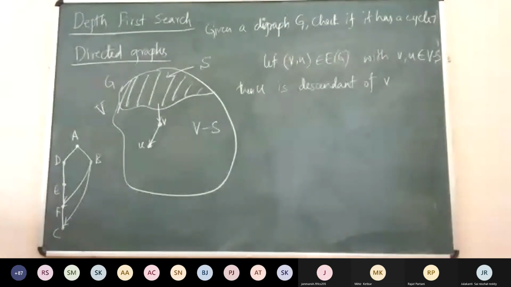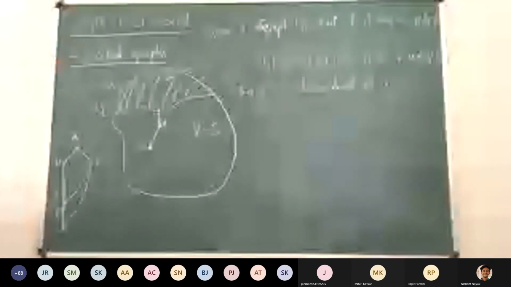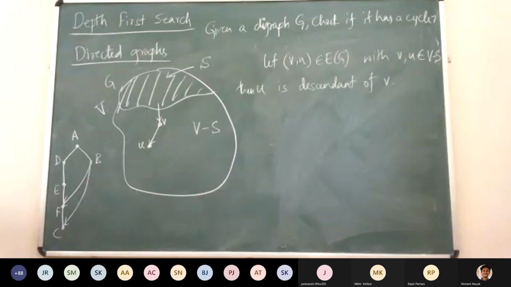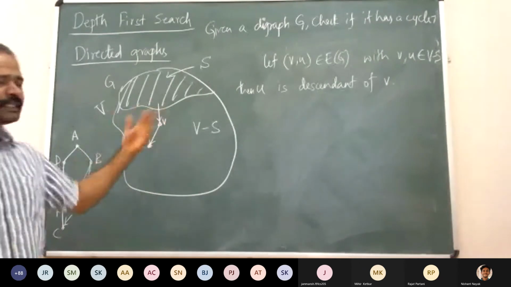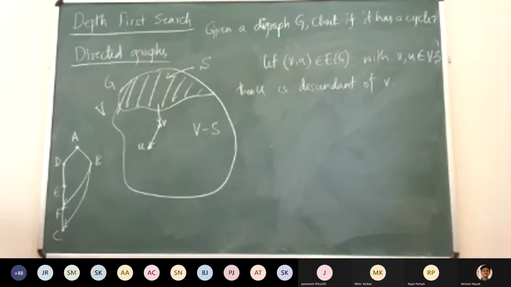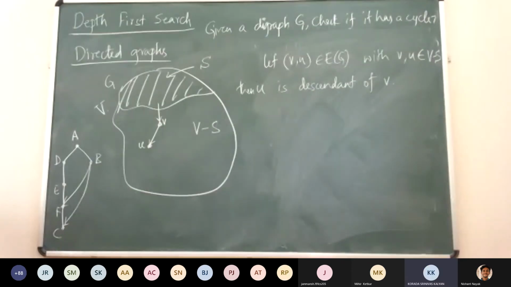So, sir, are we saying V and U are both part of the cycle? No, we are not even talking about cycle now. We are just talking about a general property, because when people were thinking about cycle, they were always using these paths to say something. That's why I thought let us do this, right? So because V is discovered first, U will be a descendant of V.